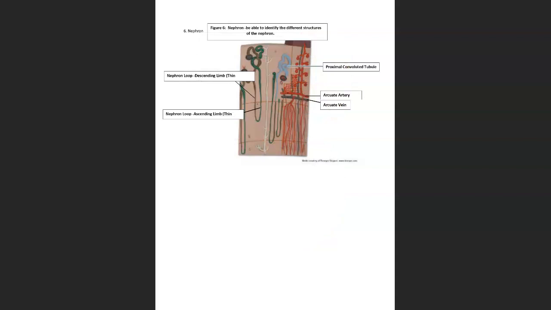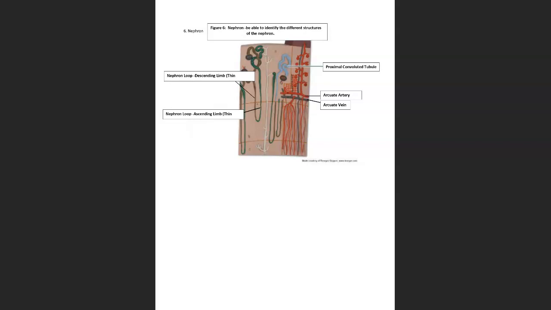Okay, and then this is a nephron. Okay, the renal corpuscle with the glomerulus. And here's the proximal convoluted tubule. Remember, all this is in the cortex, the outer region of the kidney. This is called a proximal convoluted tubule. Convoluted means it twists and turns. It's convoluted. Okay. Arcuate artery, arcuate vein,